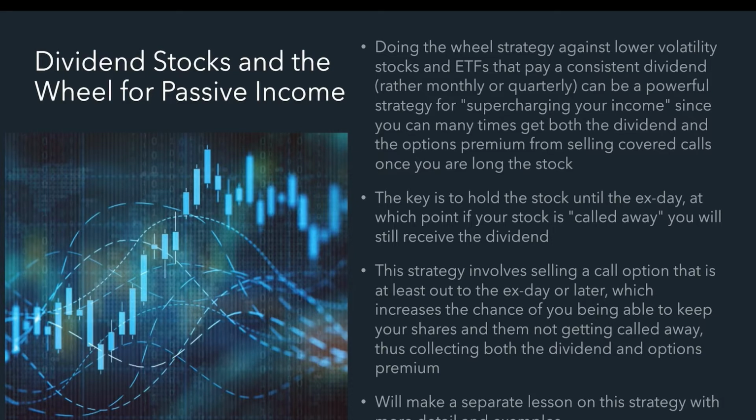It's auto exercised, and a lot of people just buy to close, or sell to close, whatever your position is with those options. And so, if you're selling a covered call against a stock you own, and the option, let's say, expires 2 days after the X day, well, as long as you still own those shares in your portfolio, and your shares have not been called away. Because keep in mind, with American style options, when you're trading most stocks that trade